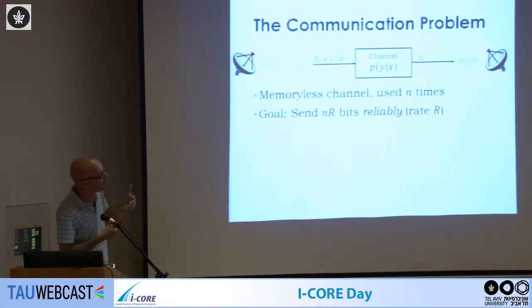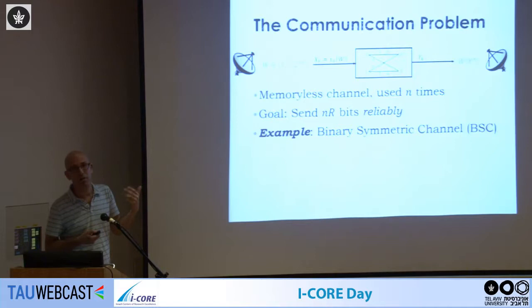Slightly more accurately, the transmitter has some message W, which is one of 2 to the nr possible messages, representing nr bits. He takes that message and needs to create some input to the channel at time k, xk, which is a function of the message. So this is a coding scheme. It's a code that takes the message and connects it to the channel. Then at the output, yk is observed, a random version of xk. The receiver collects all those yk, 1 to n, and outputs some W hat, which is an estimate of the message that was transmitted. Hopefully, it's the correct one. So there's going to be some error probability in general.